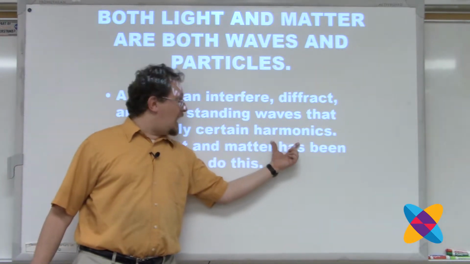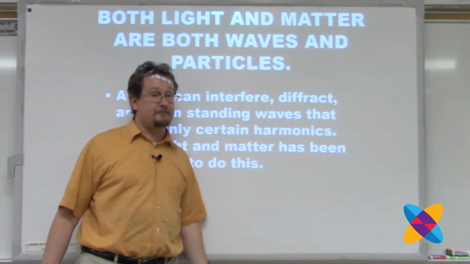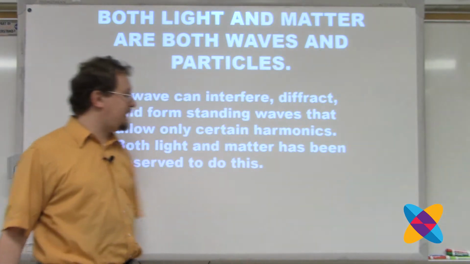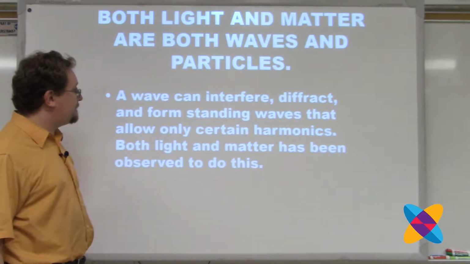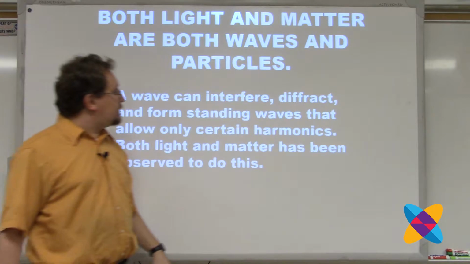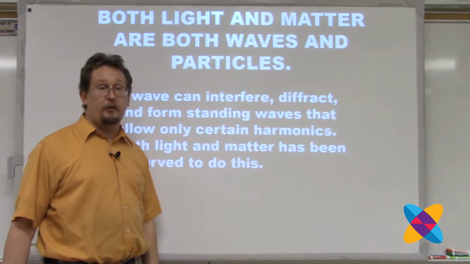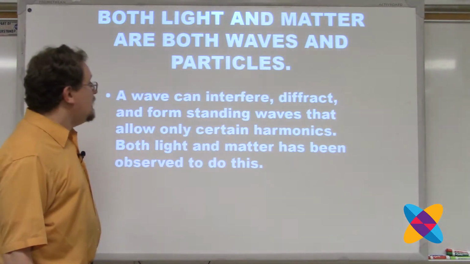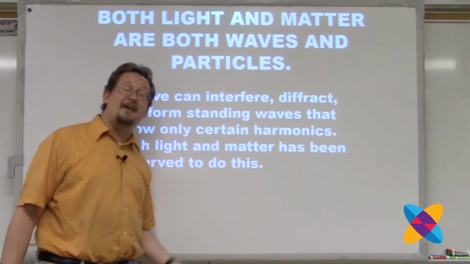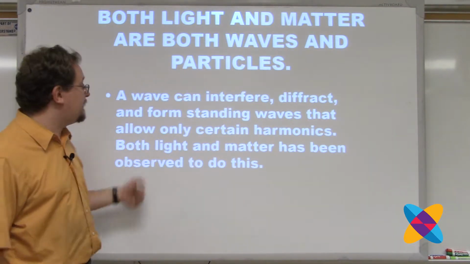Matter, like electrons, have certain harmonics in the atom. That's where you get your 1s, your 2s, your 2p, and your 3d, and all that stuff from. Waves can interfere. Well, the probability waves of electrons interfere. There are some interferences that result in zero probability. There's zero probability that an electron can be found outside of 1s, 2s, 2p, and those kinds of places.